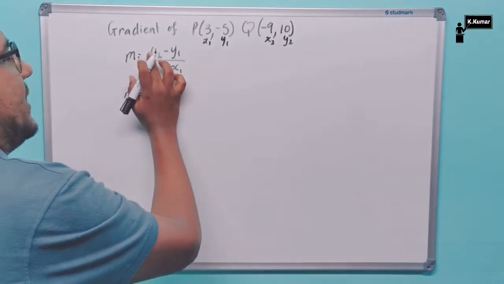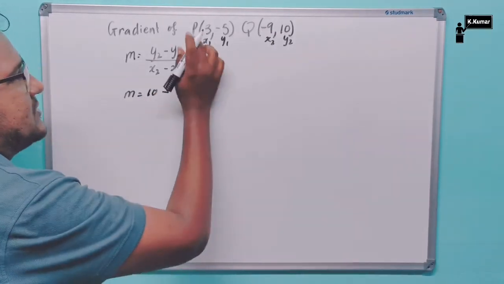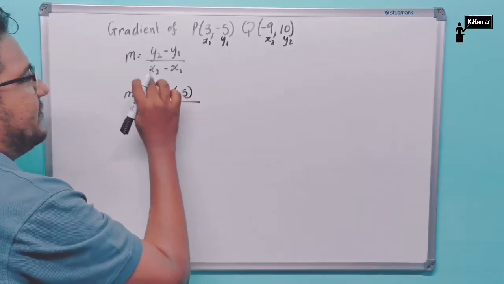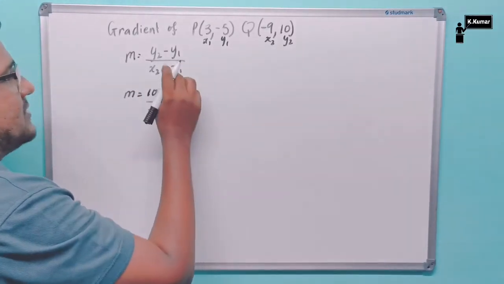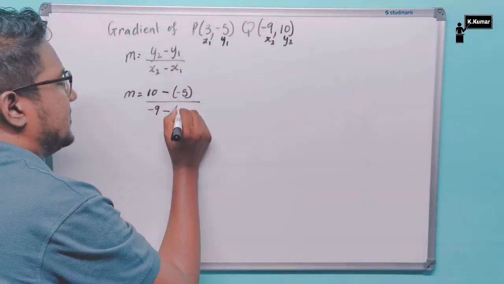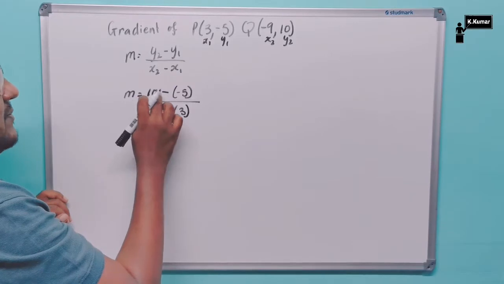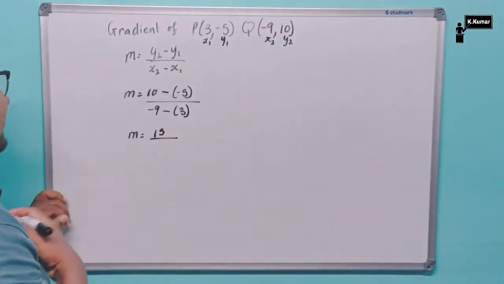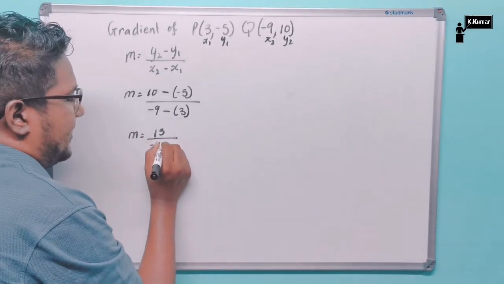M equals y2, which is 10, minus y1, which is negative 5, divided by x2, which is negative 9, minus x1, which is 3. M equals 10 minus negative 5 is going to give me 15, divided by negative 9 minus 3 is going to give me negative